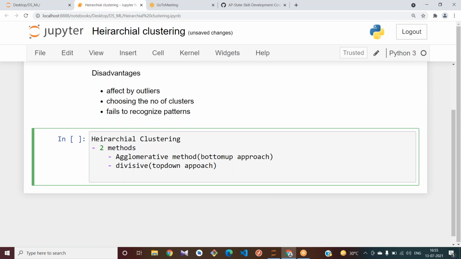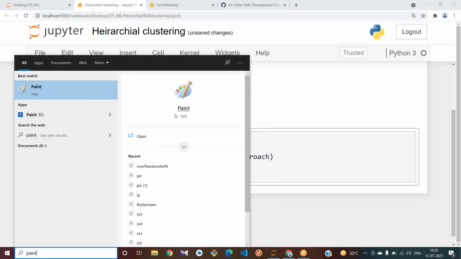Am I written spellings correct? Okay. Next, let me tell you what is the concept behind this.